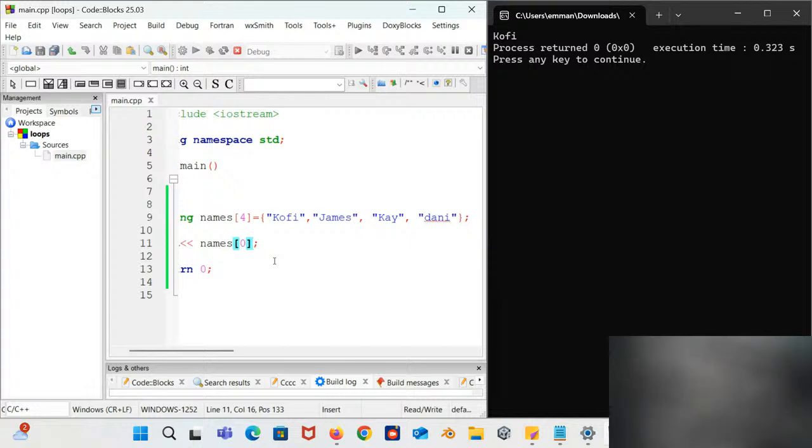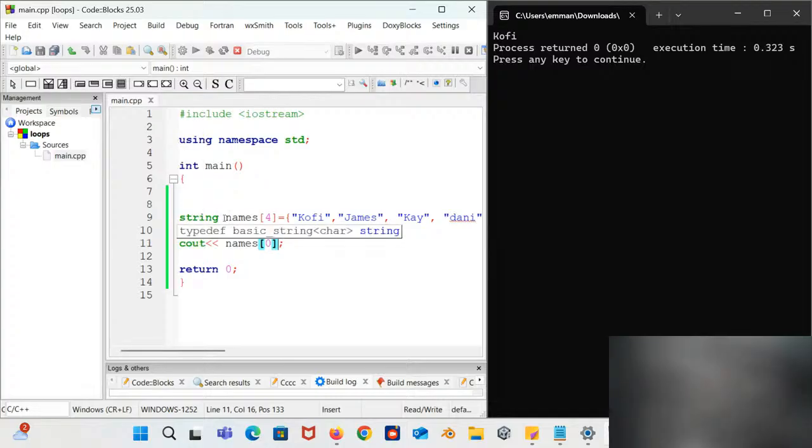Are we good? Okay, who said no? Can you come clear? Okay, let me explain. Let me come from the first one. So arrays, we said, are basically a way of storing multiple values in one variable, right? In this scenario, you have a variable named names, and the variable has multiple values in it. Are we good? So that is it for arrays.